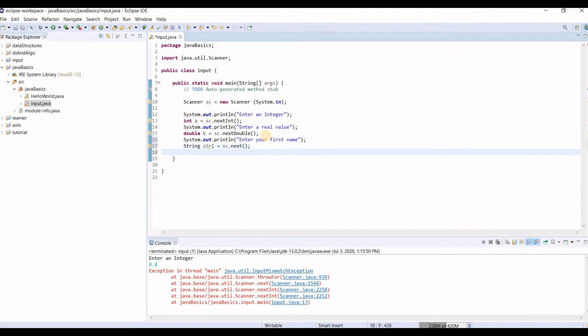Alright, and then print sysout, enter your last name. Alright, and then String str2 = sc.next().